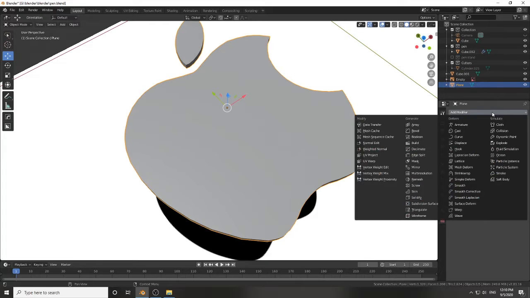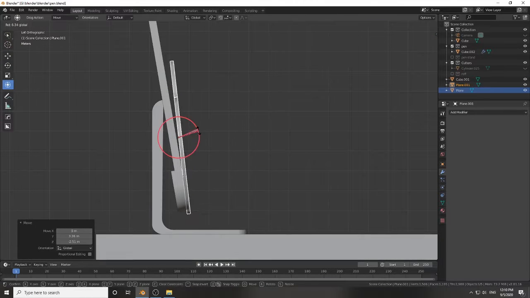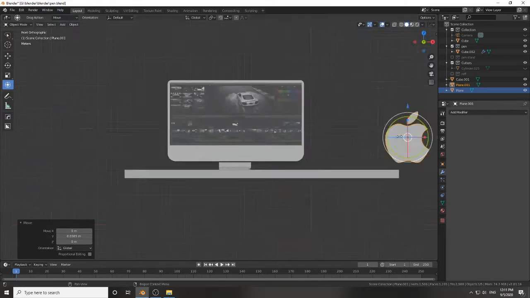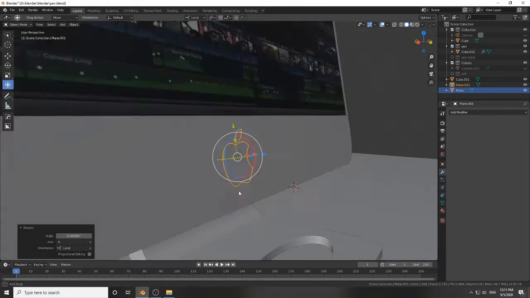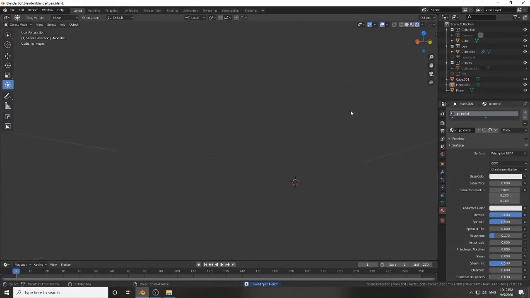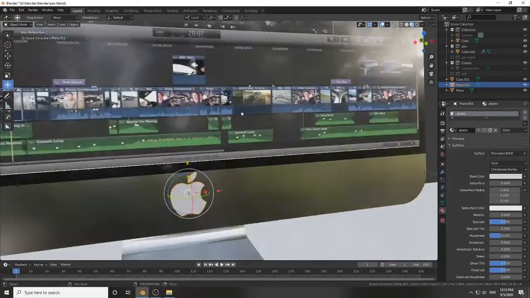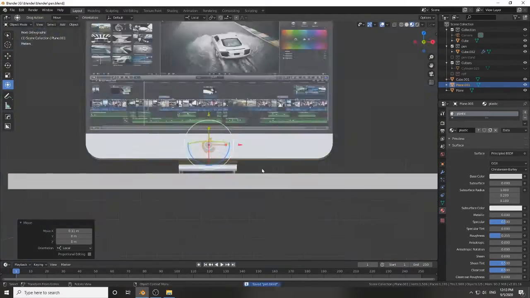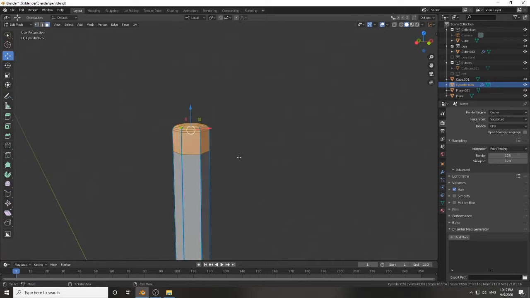So friends, now I have told you how to create a logo in Blender, and once you have created the logo, just adjust it according to the design. I created the Mac monitor in the first part of the video, and now I have created the logo. This is not the end, friends. Now let's create a realistic pencil and the Mac cabinet.